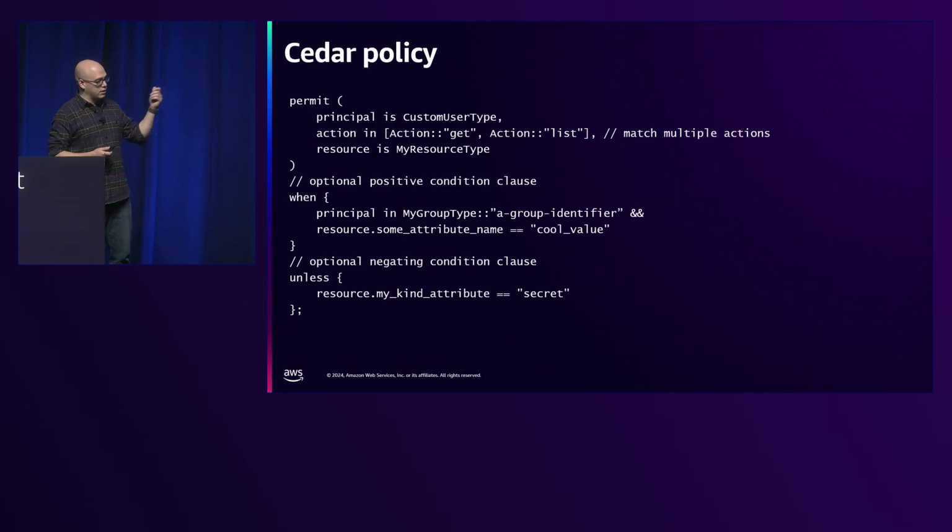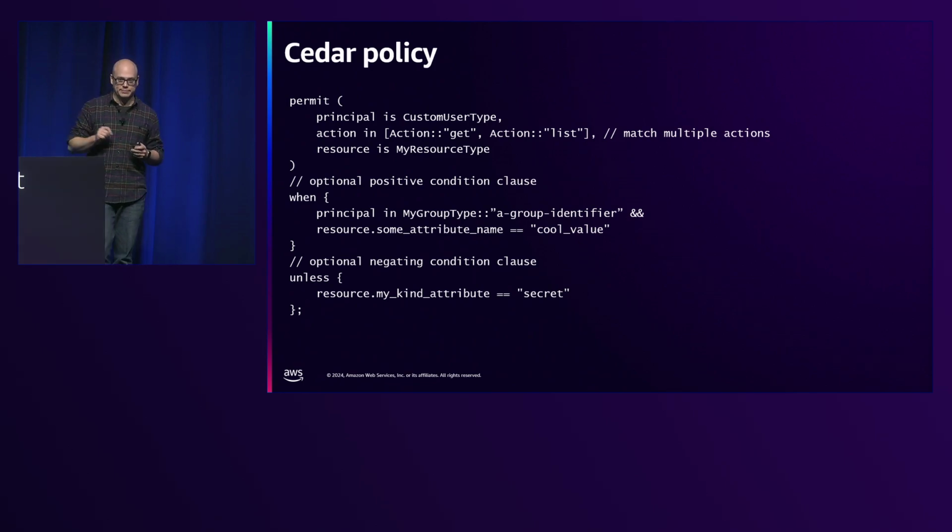So I'm saying here, principal is a custom user, not a specific one, but just that's the type of principal. The action is in the list of get or list. So it can be either a get or a list action. And then the resource is some custom resource type that I've allowed. But it now has something that you can't do in Kubernetes RBAC. It has a condition. We have this when clause. We're only going to allow this policy to take effect when a principal is in a specific group. And so we have a custom group type we've defined and an identifier for that group. So maybe it's a name. And then one other part to this condition is that the resource has some field on it, and that field